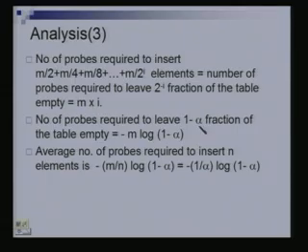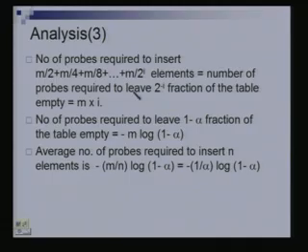Right? So that is the number of probes required. Now what do we want? We have a load factor of alpha. We have already inserted enough elements so that the load factor is alpha. When the load factor is alpha, 1 minus alpha fraction of the table is empty. So if I have to have 1 minus alpha fraction of the table empty, then how many probes are required? If I have 2 to the minus I fraction of the table empty, then I require m into I probes. What is I? I is basically minus log of this quantity. So if I need to have 1 minus alpha fraction empty, I just need minus log of 1 minus alpha times m. These are the number of probes required.